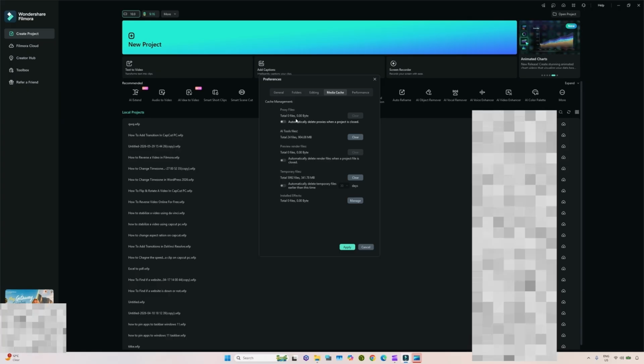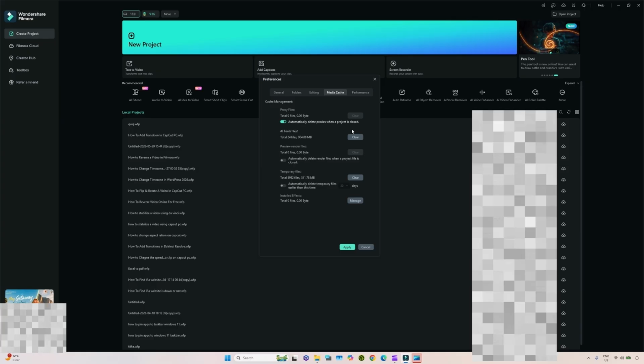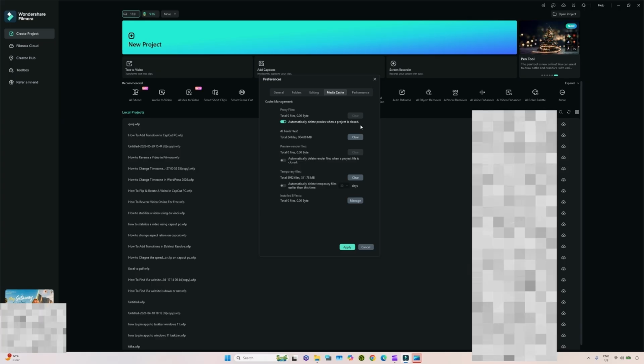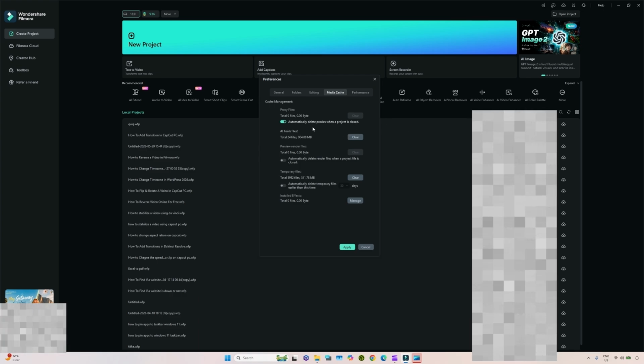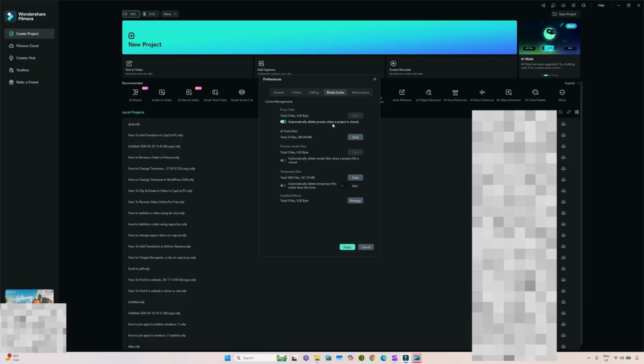So another easy way is to turn this on. It says automatically delete proxies when a project is closed. So if you're not using the same project over and over again, you just select this and when you finish downloading or exporting the file, you can just delete the project and it will automatically delete all the proxies it created. So this is the way to delete the